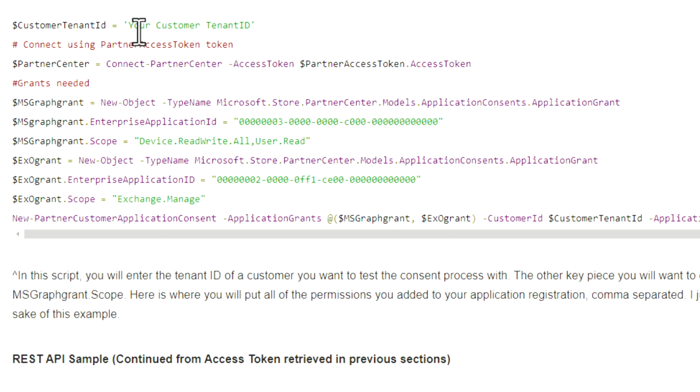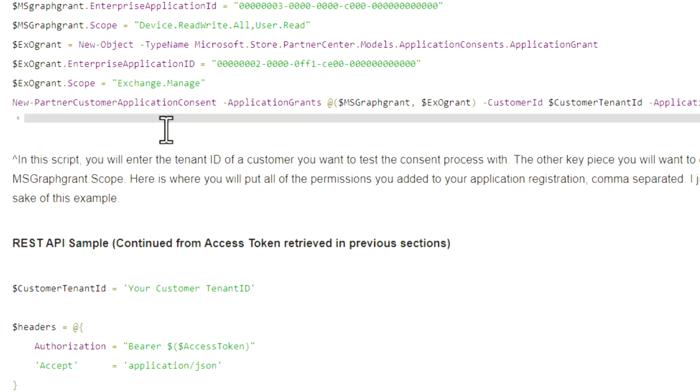So again, we'll copy this over. You just want to grab a tenant ID of a customer that you want to test here. And again, I'll pause briefly here while we mock that up, and then we'll go through what that actually looks like. But effectively, just a quick note here, you're defining these samples, which is the application ID for these enterprise application IDs, and these represent the scope workloads in Microsoft, or the API scopes that we're talking about here. So this is just a code for Graph API, if I could simplify it at that